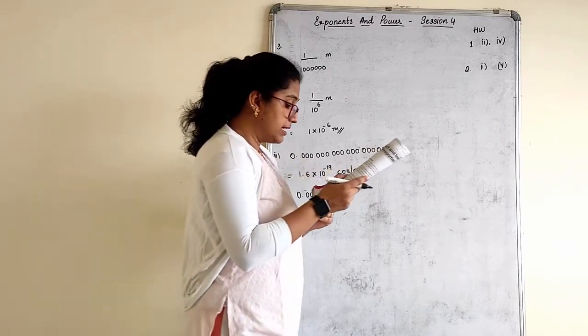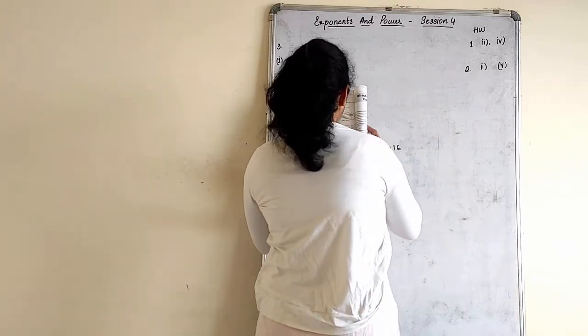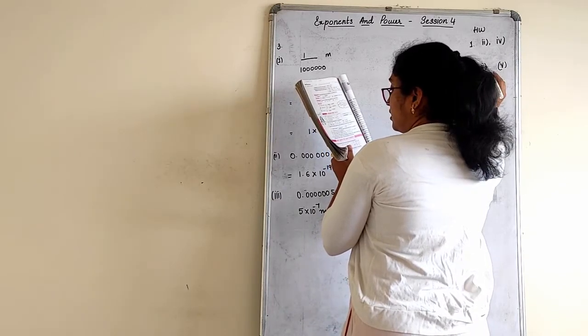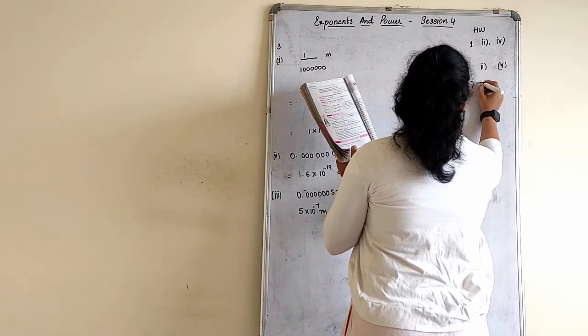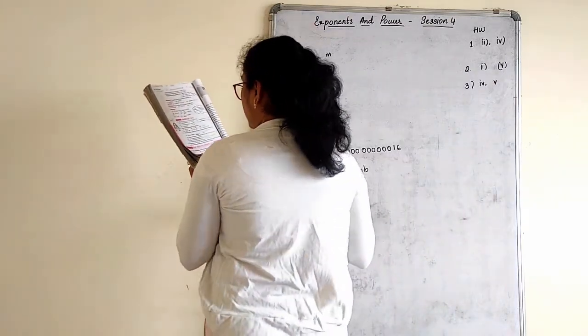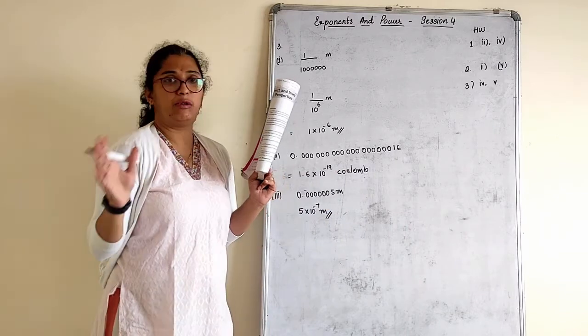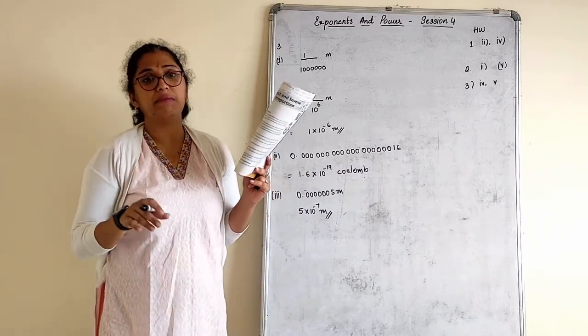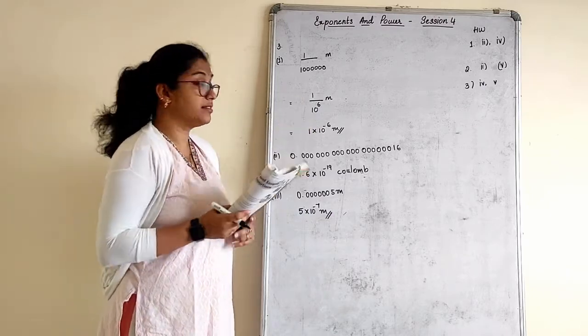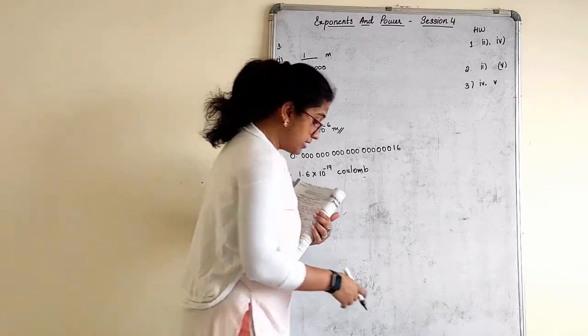Next one, size of the plant cell. I mark for homework. Third one, fourth one is for homework. Fifth one is for homework. Simple. It is in terms of meter or millimeter. Don't worry. Keep it in terms of meter and millimeter only. Just shift the decimal after 1 point and write it. Okay. And the last sum.